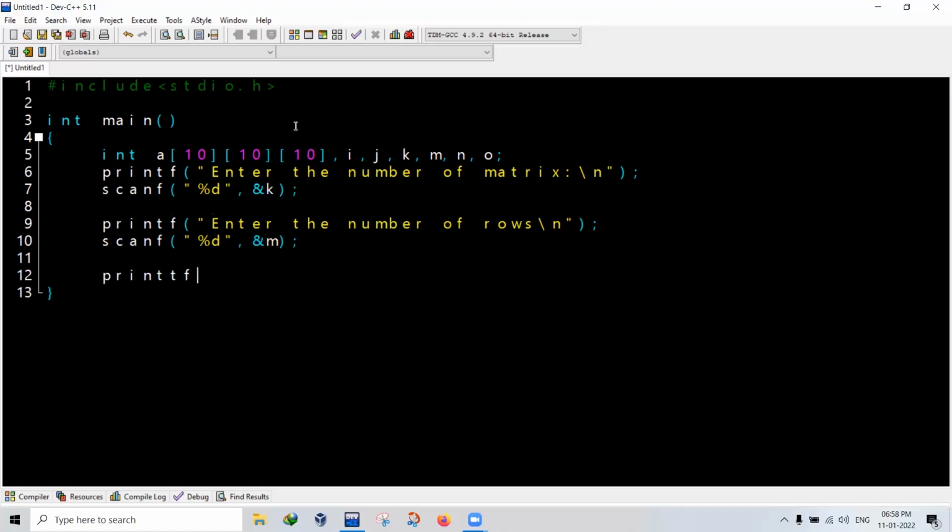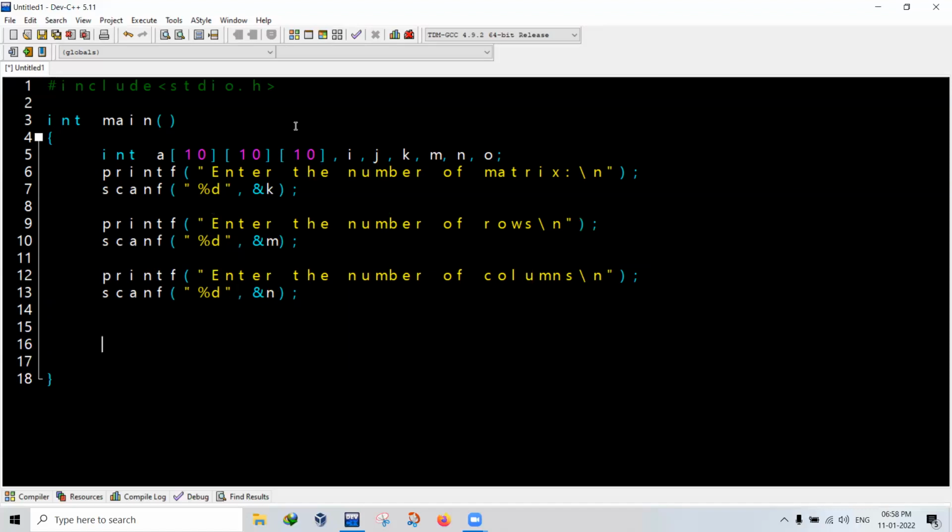Then again printf enter the number of columns, \n. If you are my students, you already know what I'm trying to write. If not, go back and watch the previous videos, or else you won't understand anything. This is clear. Now my matrix looks like o of m of n, where o tells me how many matrices I need, and m cross n is the size of each matrix.